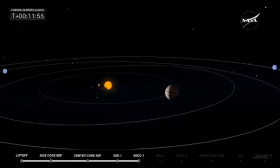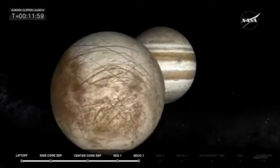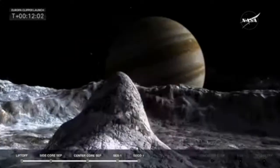We have several ocean worlds in our solar system. And by exploring Europa, we're getting a taste of what these ocean worlds